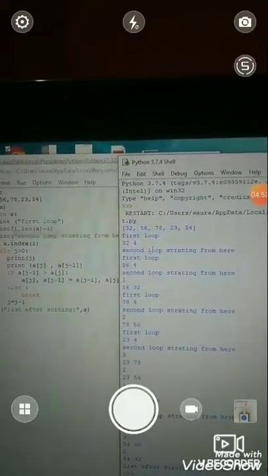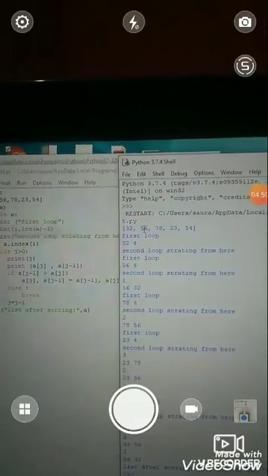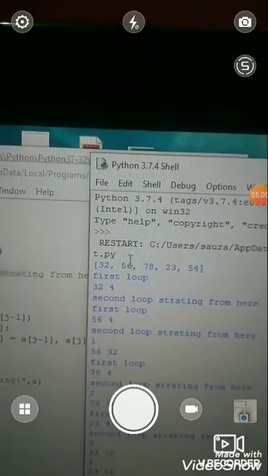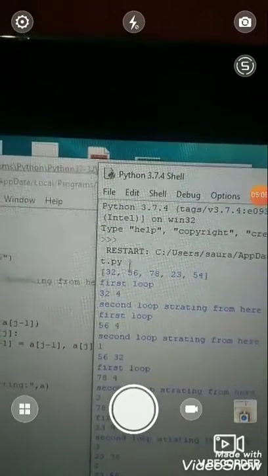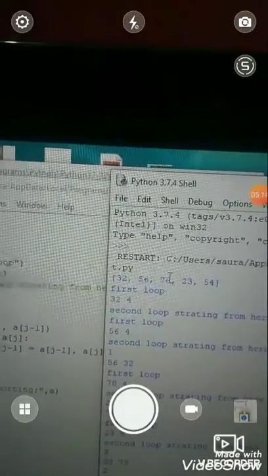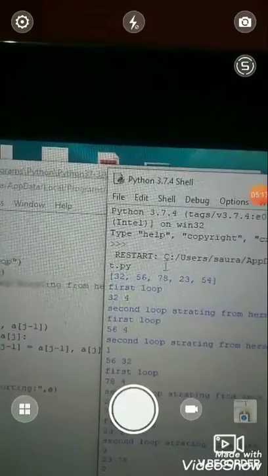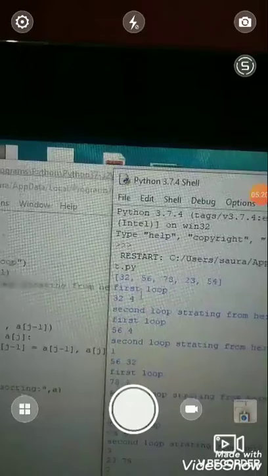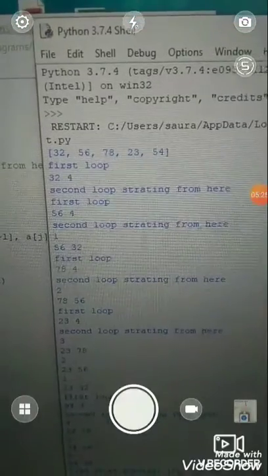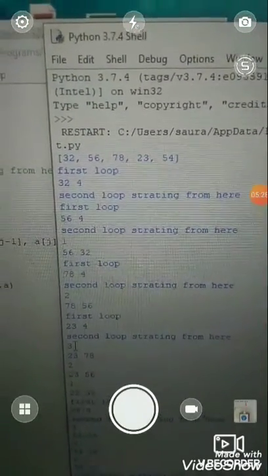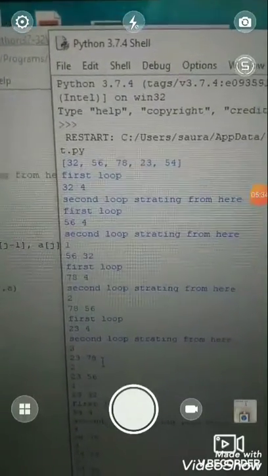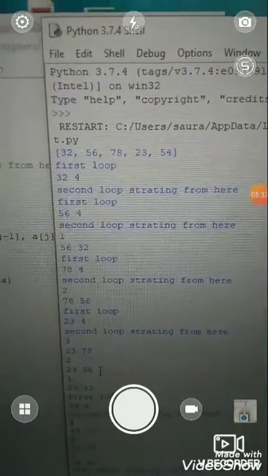So it starts from last to first, so always first it swaps the value of 56 and 32. Then in the second round it starts checking here 78 to 56 and 56 to 32. Then it starts from the last position, 23, fourth to third element, third to second and second to first. Same as when we see that the second loop is starting from here, and the index number is 3 for 23, so it runs for 3 times, and all 3 times it checks and swaps the value before that value.